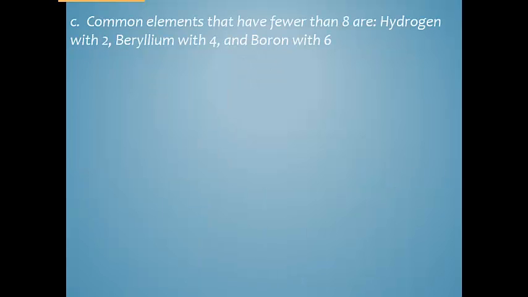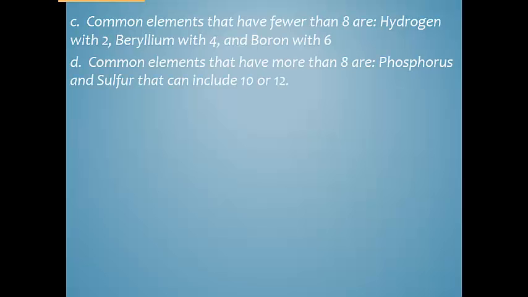So some common elements that have fewer: hydrogen, because hydrogen's happy with 2, beryllium with 4, and boron with 6. Those are all really common ones, and when you have beryllium or boron, it's definitely okay if they have less. As far as some that have more than an octet, phosphorus, like in the previous picture, and sulfur also can have a greater number than the octet. And again, that doesn't happen in every example. There's just certain elements that can bond in a certain way and still be stable enough to exist without deteriorating